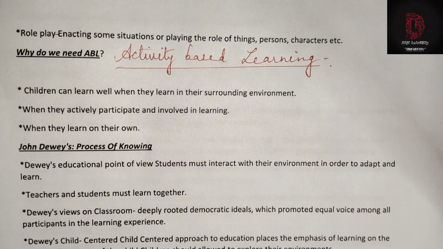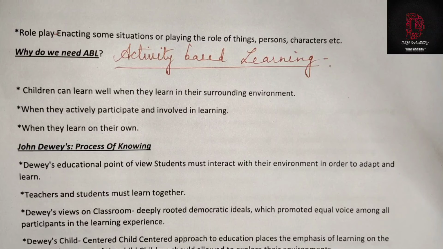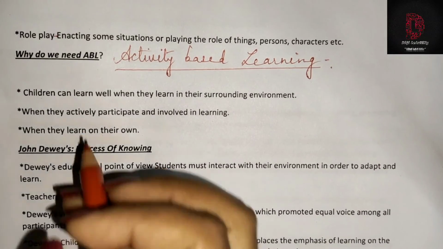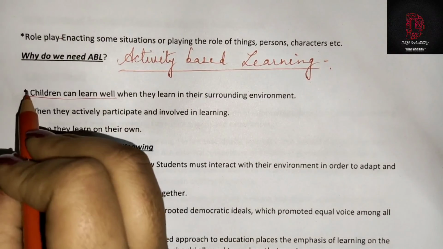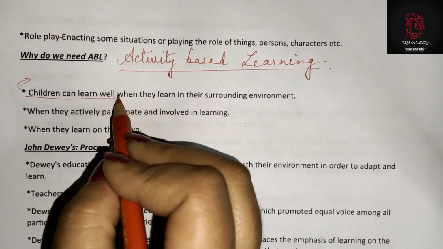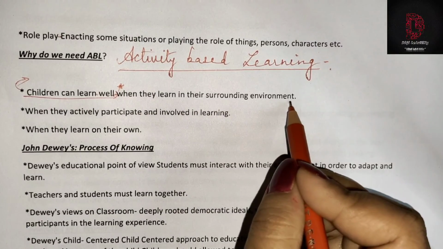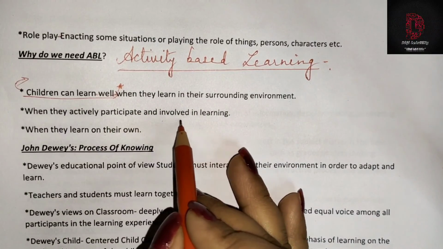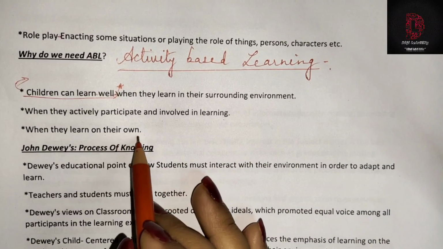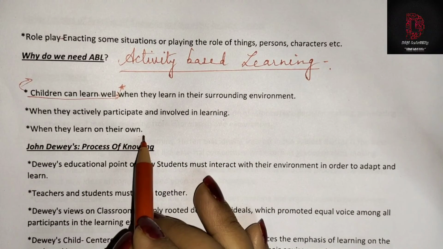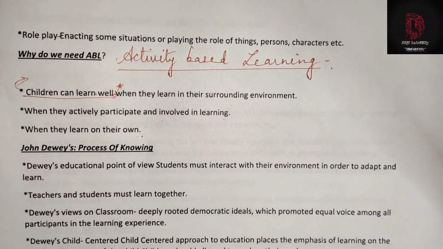Why do we need ABL? Children can learn well when they learn in their surrounding environment, when they actively participate and involve in learning, and when they learn on their own. This is the children can learn well, from here your first point will start. First point, when they learn in their surrounding environment, when they actively participate and involve in learning, and when they learn on their own. Okay, now comes John Dewey's process of